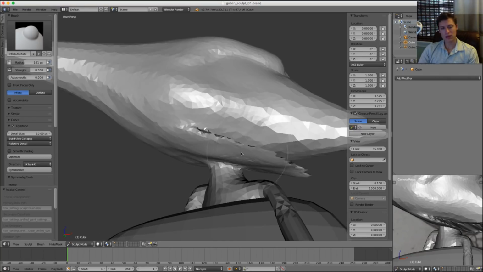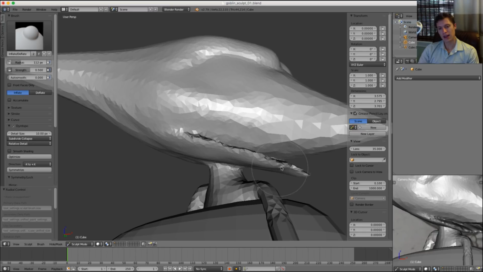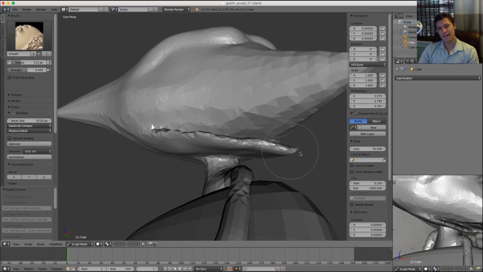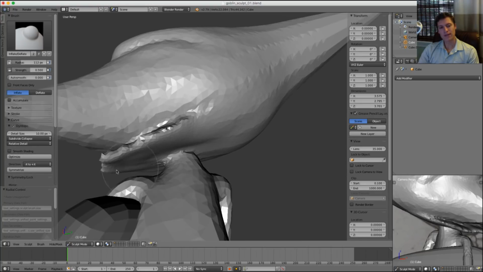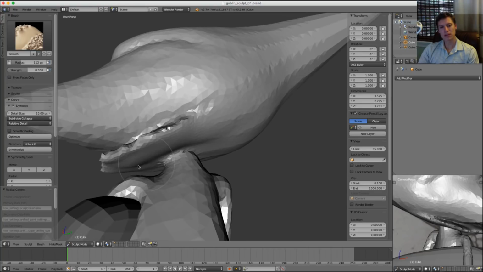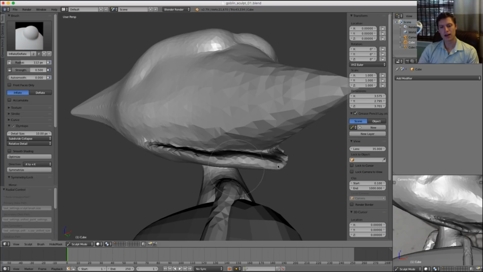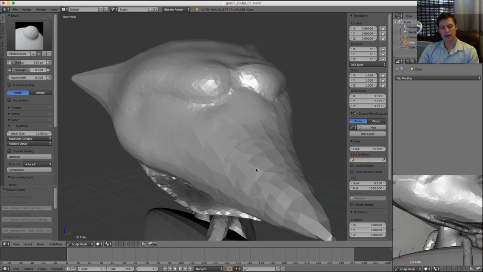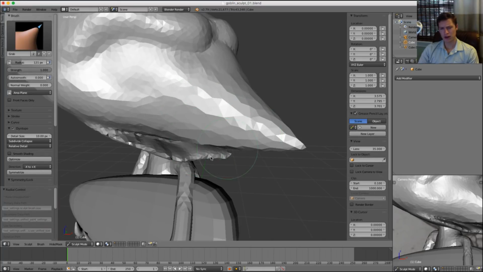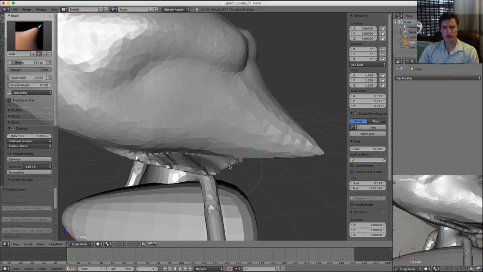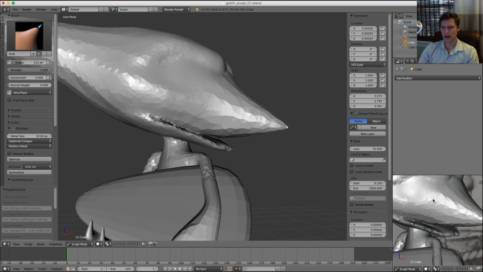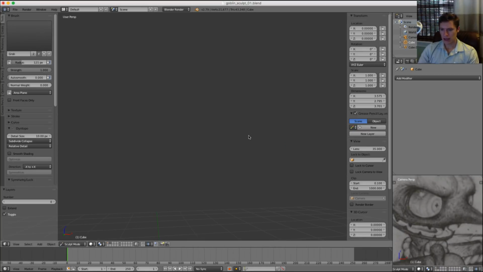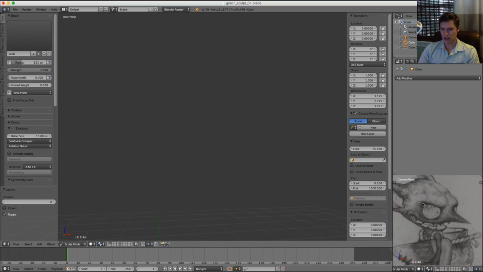I'm gonna switch back to detail size of 10. And let's just flesh out the bottom jaw now. That was a big part of the face that was missing from the skin modifier. I think that was just a hard shape to create with the skin modifier, so I assumed it would be easier later. All right, let's do that tilde hotkey, kind of feeling out where my mouth is in relation to